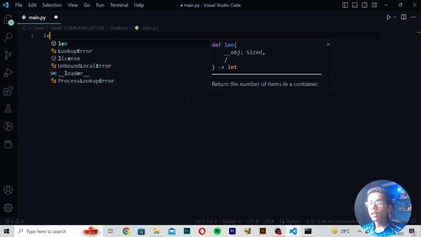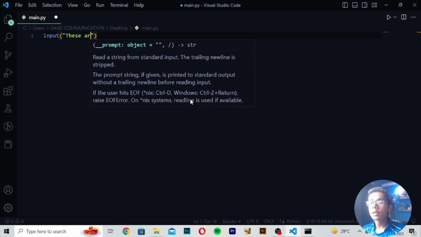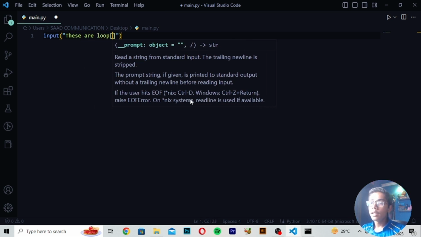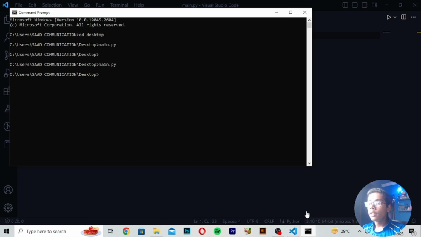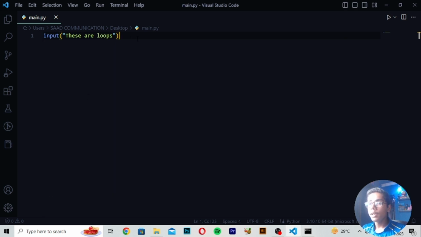Now if I write here again the input tag which I have written, and I write here these are loops, then when you've written this here, I will now just save this. Then I will close this file and open cmd again. So I will now open cmd, right here cd desktop. Then you have to just write here main.py, and you can see again it is not showing me the value